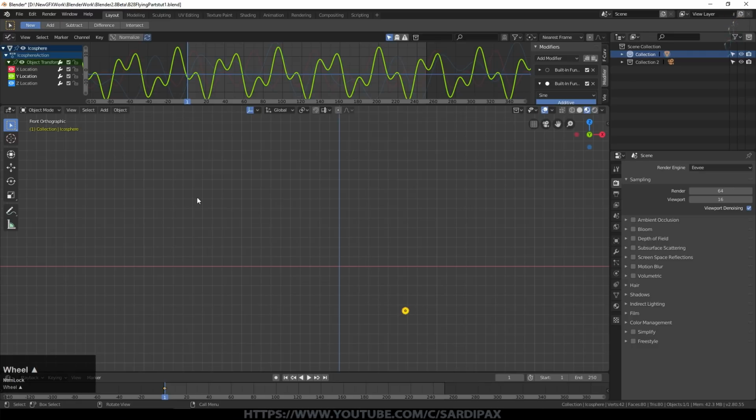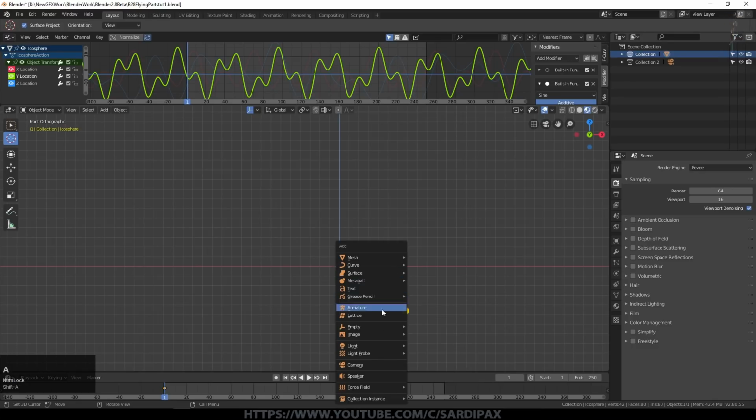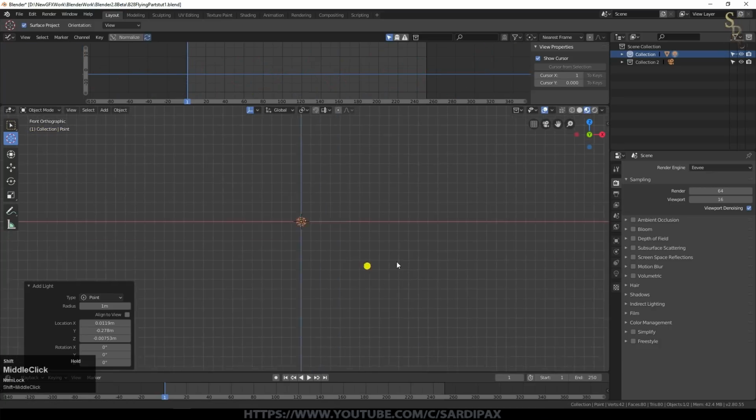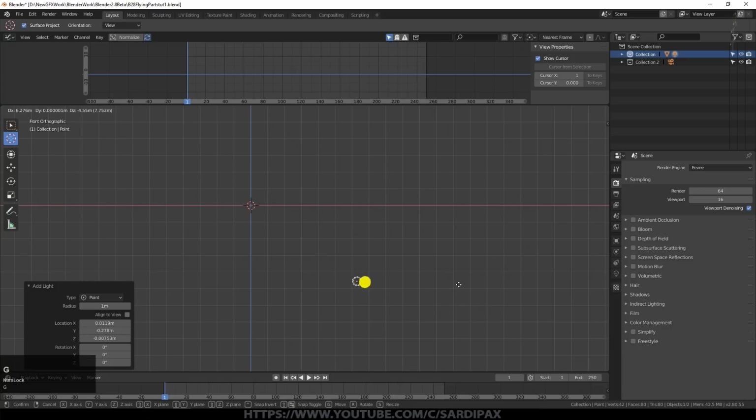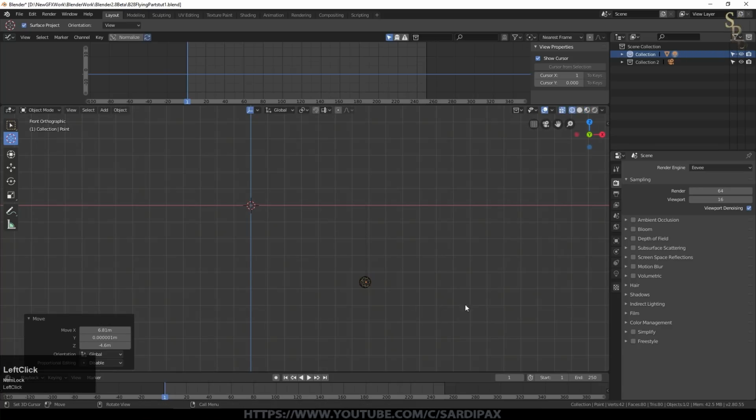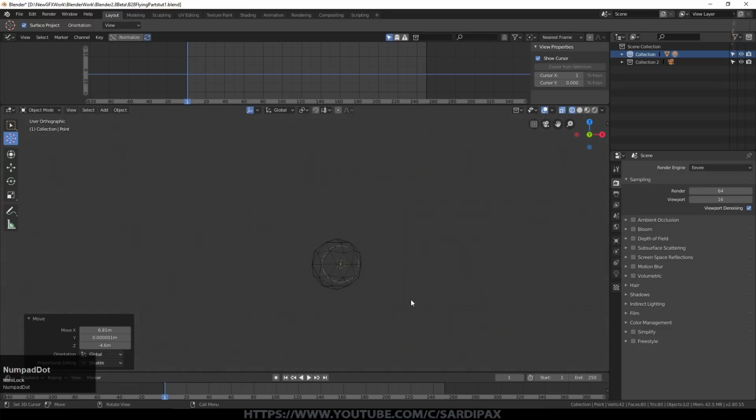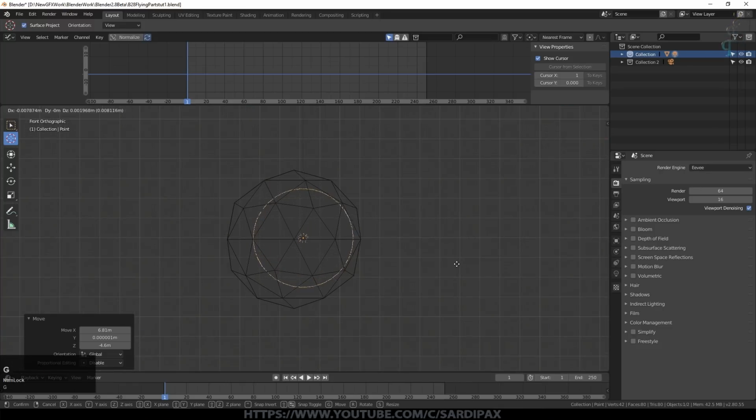The next thing I'm going to do is put my 3D cursor there, and then I'm going to add a lamp. We'll make it a point lamp. There's only certain lamps supported in EV at the moment. And we'll make it coincident with our object. I'm going to go to wireframe mode. I just pressed Z there just to make it a little easier to see what I'm doing.